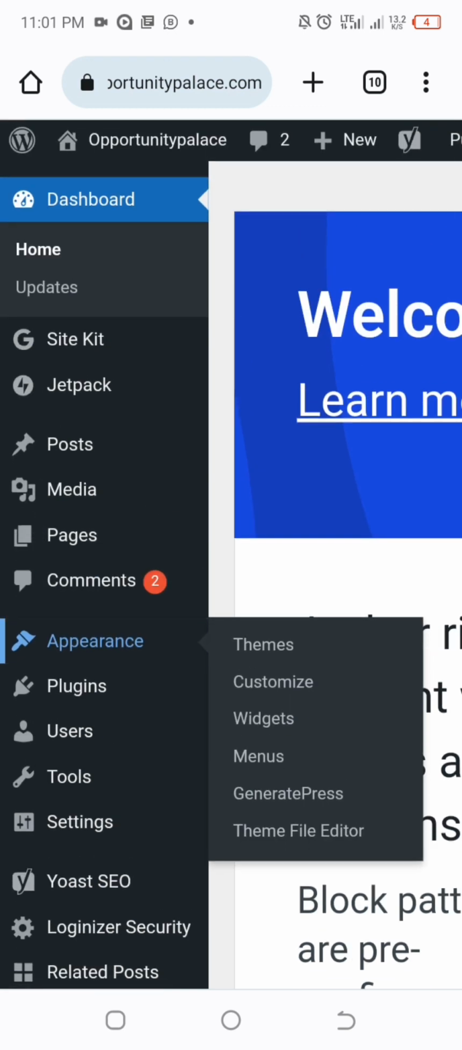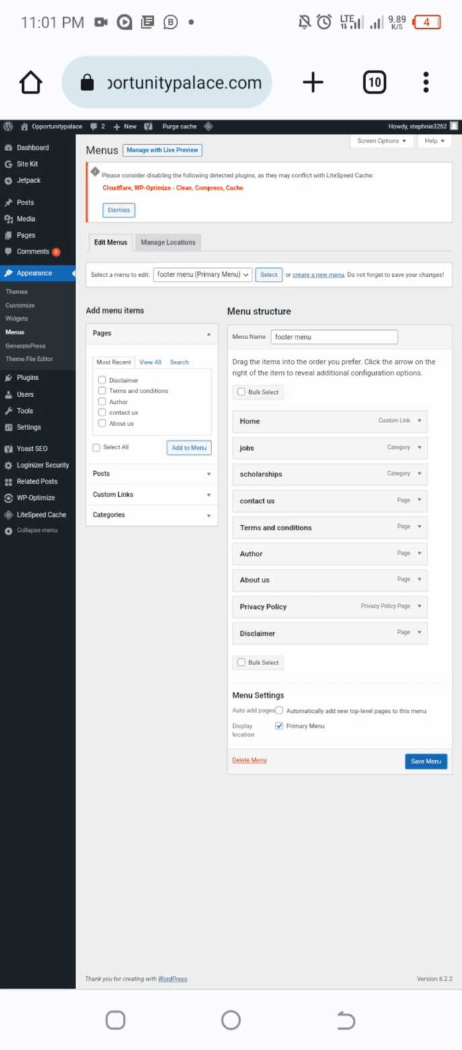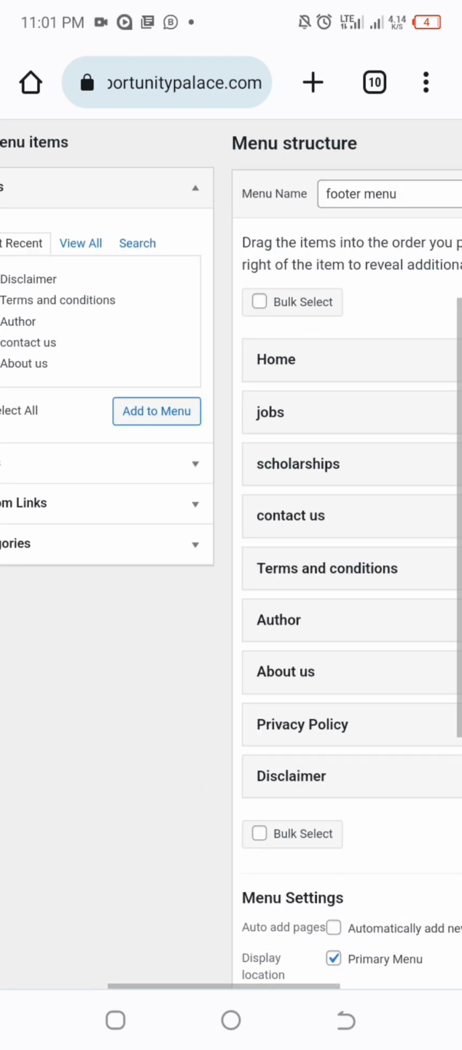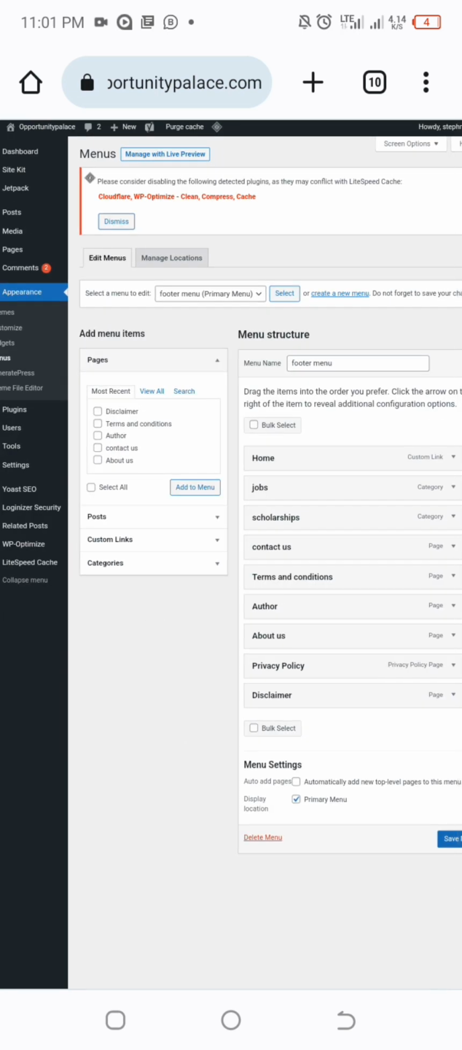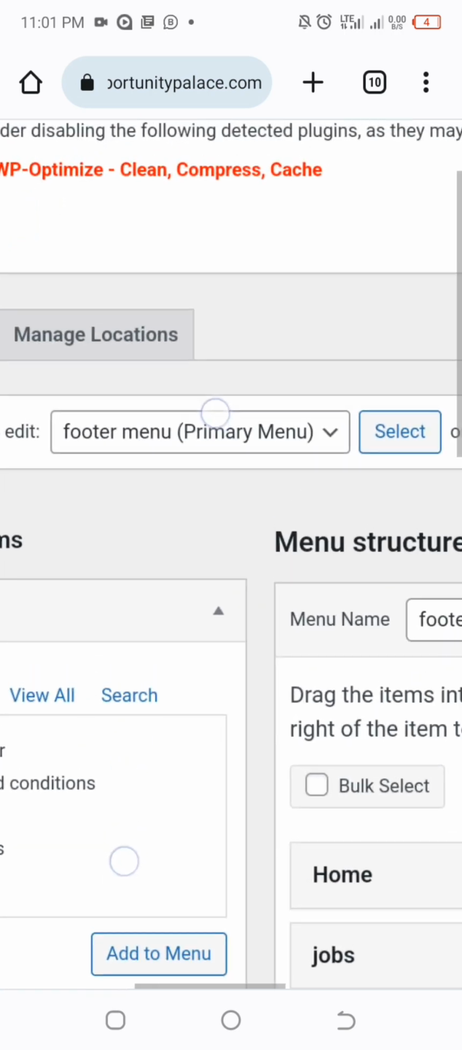We are going to be using menus. When you click on Appearance in your WordPress dashboard, click on Menu. Now that you have clicked on Menu, if you want to add any particular category or any particular page into your menus, your footer menu or your header menu, first of all you come here,